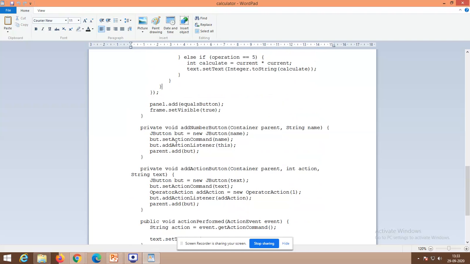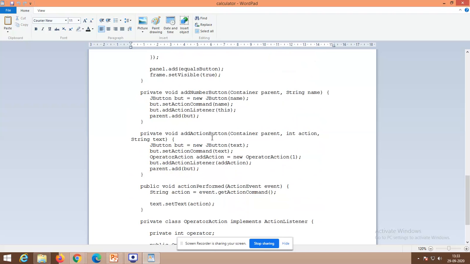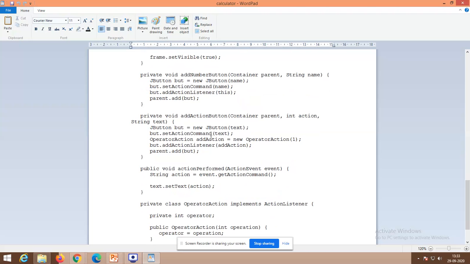For the add number button, what do I have to do? For the add action button, what do I have to do? For every button, an action listener must be there. So action event and action listener are the major ones you will work with. Action listener helps you receive the argument, and action event makes the control fire the input received by the listener.